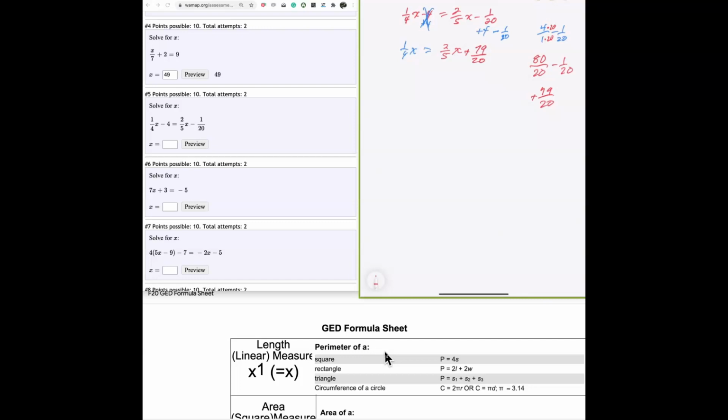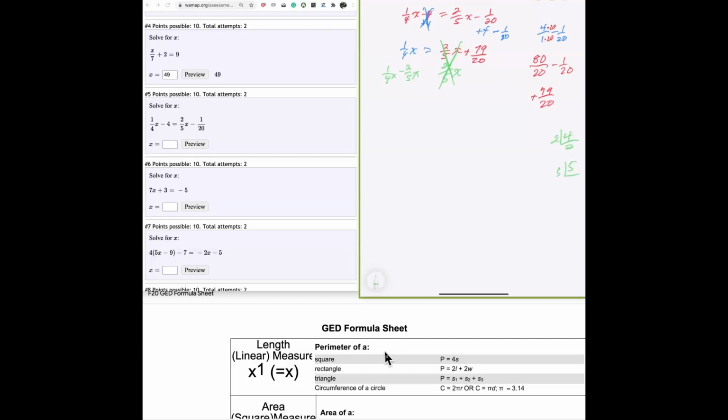Now we want to get rid of the x value. We say move it to the other side. So we do that by subtracting it from both sides. 2/5 x. These two go away, leaving just 79/20. And then we have 1/4 x minus 2/5 x. We need to find a denominator we can use for these two fractions. And one easy way is to use